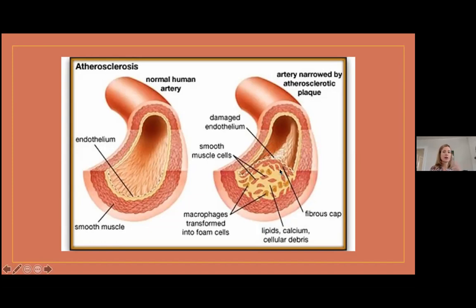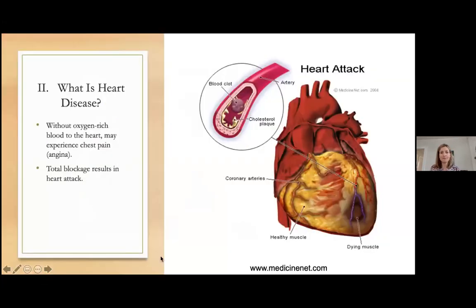It's not just that cholesterol clogs the arteries. What happens is sometimes this endothelium, this thin layer of cells, can get damaged. And then cholesterol comes and patches up that damage. The bad cholesterol, that LDL cholesterol, anytime there's any damage or inflammation going on, that bad cholesterol is what comes in and patches it up. And then you get white blood cells and debris that build up in there, just like a pimple, right? And when it gets too big, sometimes you get a blood clot that forms, and when that breaks off, it can completely block the artery, right?